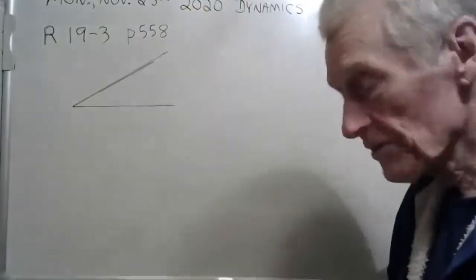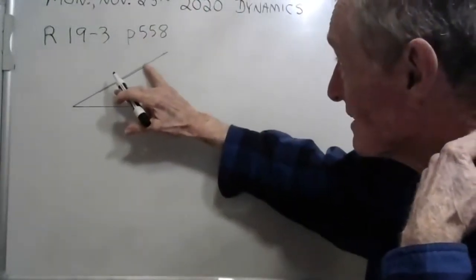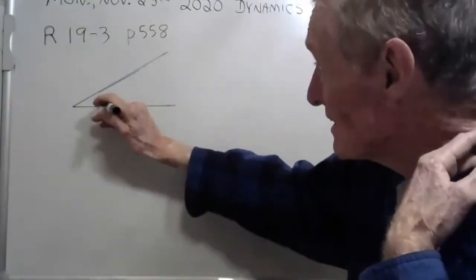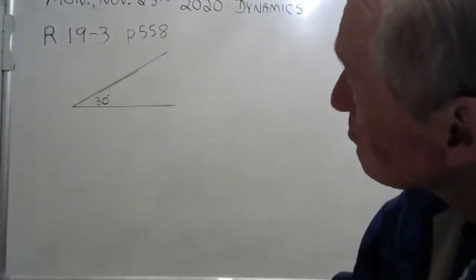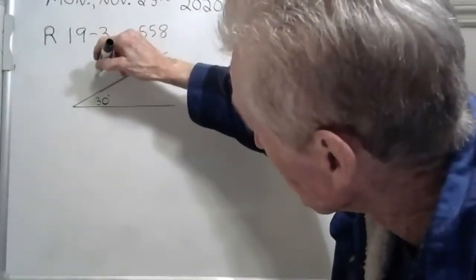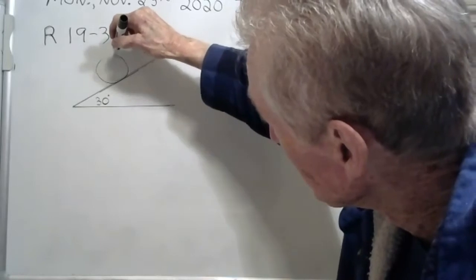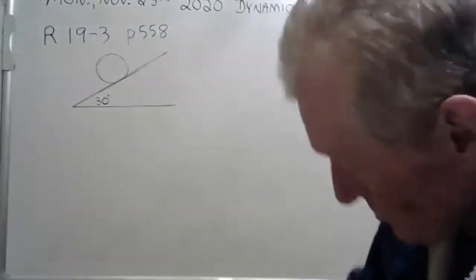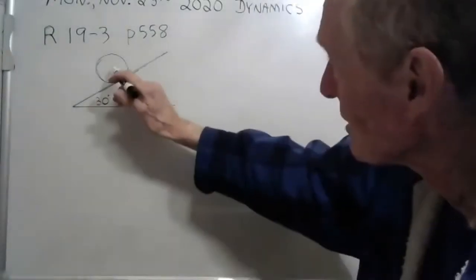Okay, we've got a 30-degree hill there. And we have an automobile tire. All right, here, I'll draw it. There's your automobile tire. It has a radius of 0.3